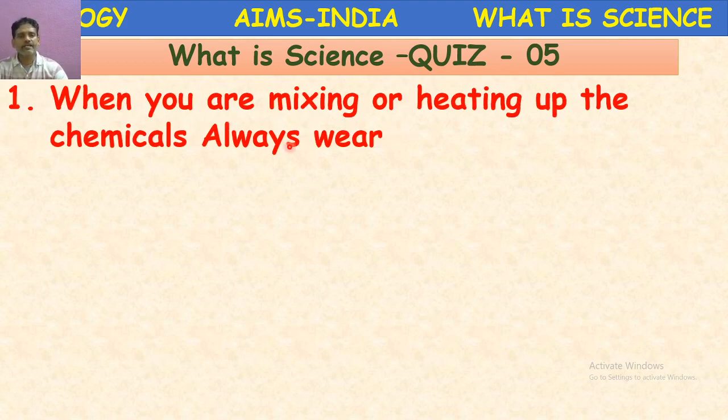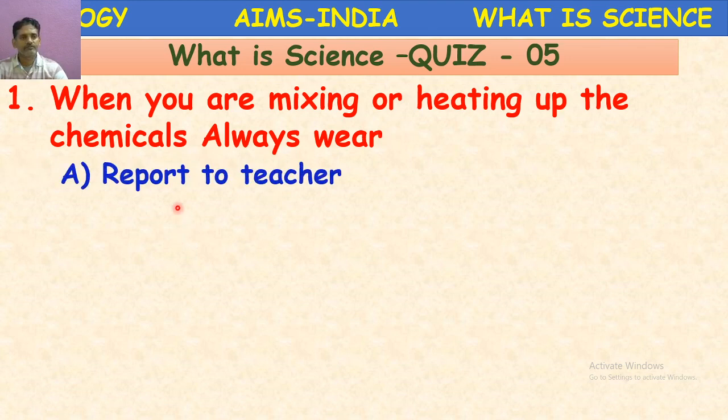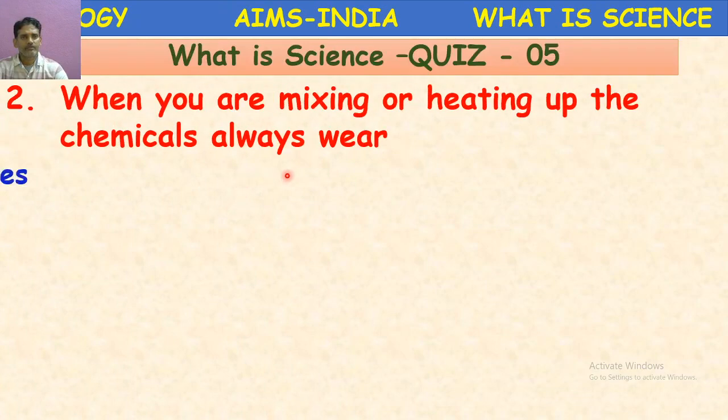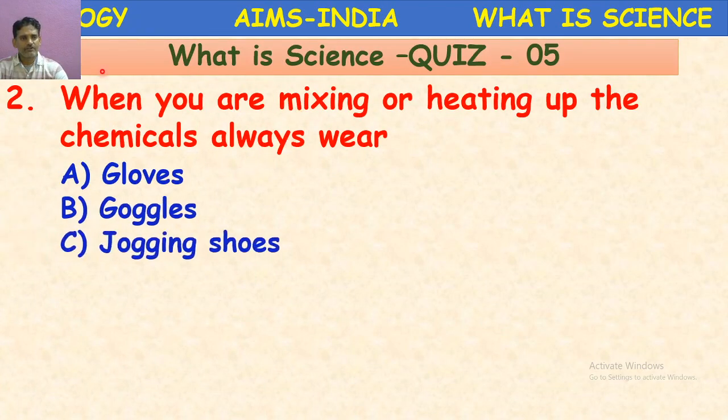When you are mixing or heating up the chemicals, always wear: report to teacher, run, hide, leave. So here the question and options are wrong. Here when any accident or anything occurs, you should always report to the teacher. This is the question. When you are mixing or heating up the chemicals, always wear. Come on. When you are in the laboratory, mixing or heating up the chemicals, always wear